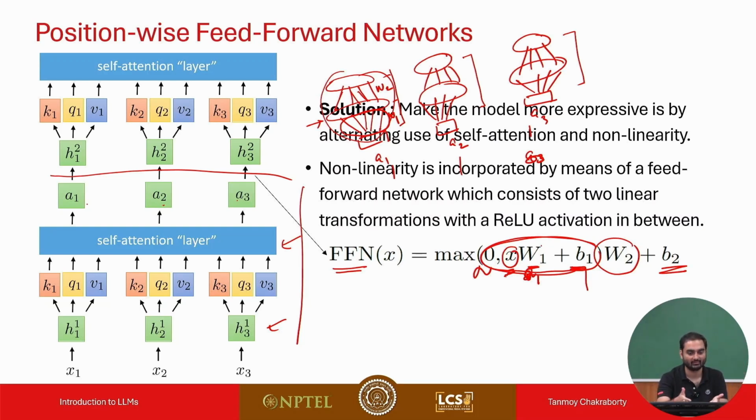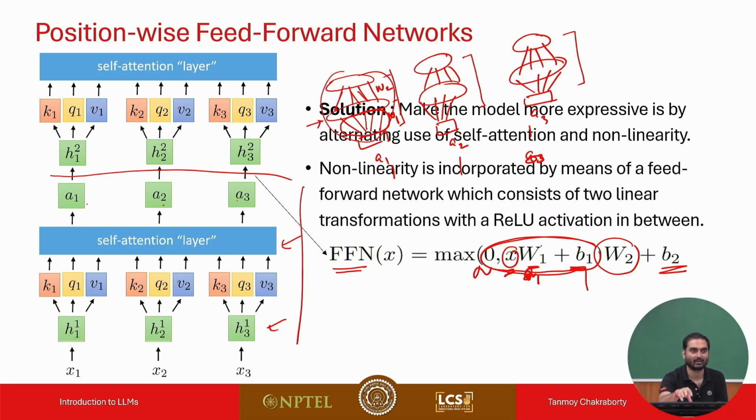Because this is non-linear, right? The feed-forward network is non-linear because you are applying multiple non-linear functions, activations. So you can think of self-attention as fetching information from memory or message passing, and the feed-forward network as the actual processing unit. The feed-forward network is also considered the internal memory of the transformer model,